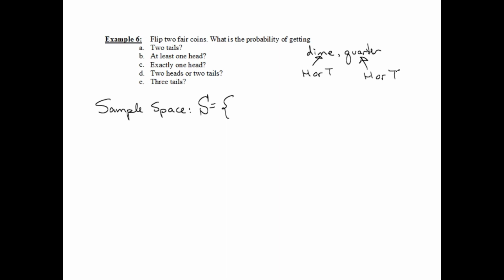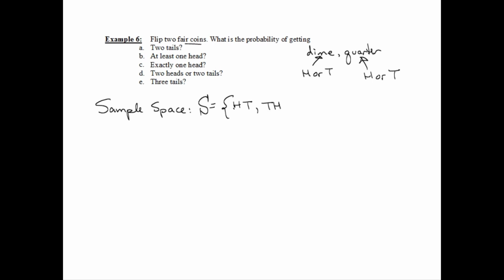So we could get heads on the dime, tails on the quarter, or we could switch them and get tails on the first one, heads on the second. Of course, whether it's a dime or quarter, one of each, or 2 dimes or 2 pennies, is not relevant to our problem, but it helps us to think about it so that we can write down the sample space. So we could have HT